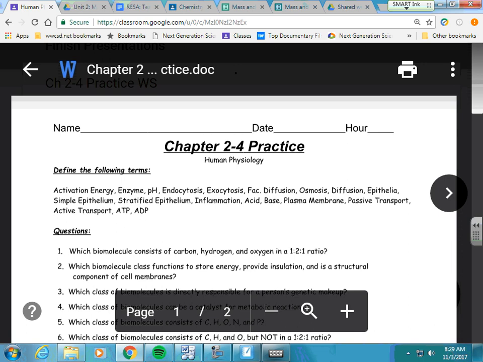Endocytosis is a type of vesicular transport that brings things into the cell. Endo means in. Exocytosis is vesicular transport taking things out of the cell. Exo, exit, going out. All right, facilitated diffusion